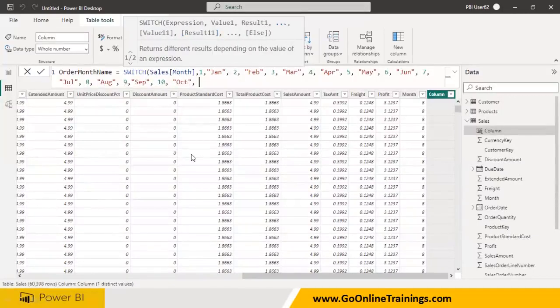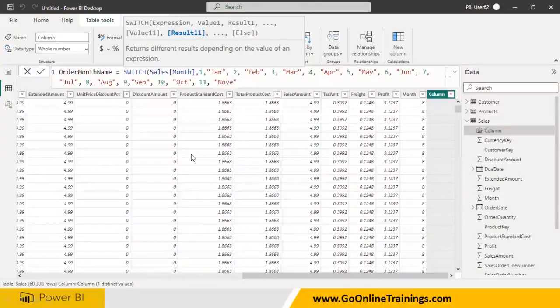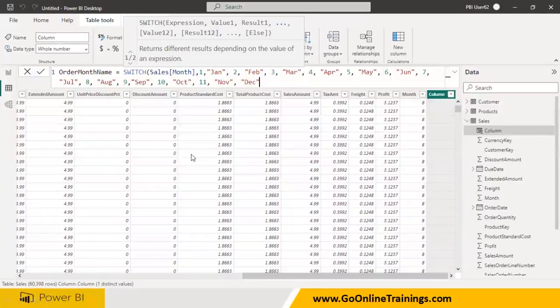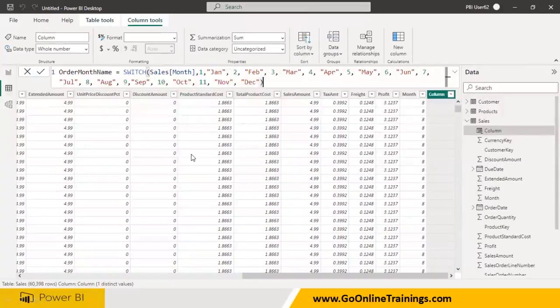October, 11 November. Else it is December. Else simply you say December. So you need not say 12. Else block will be December. So like that, you need to provide the column name, then provide the conditions, else it is December and